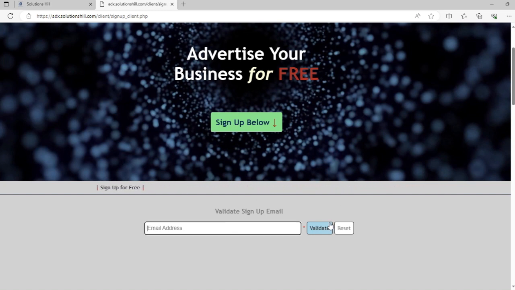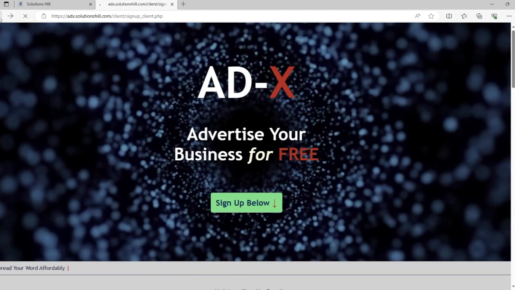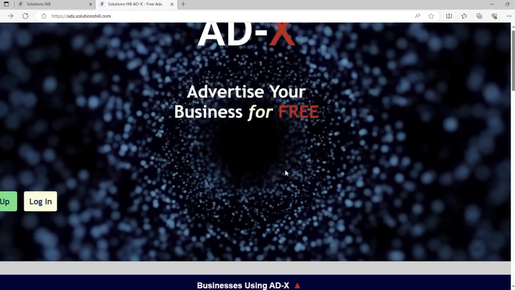Click on this validate button. So when you click on the validate button, it's going to send an email to your email address, and then please go ahead and click on that link. It sends a link over there. From that link, you can complete your registration process. So once you've done that, let's assume that we've done something like that before, because for the sake of time,